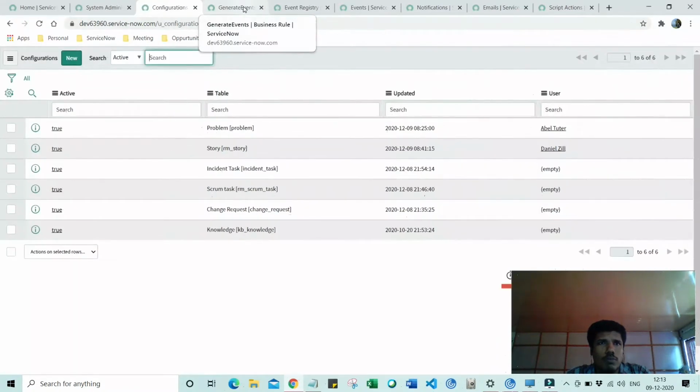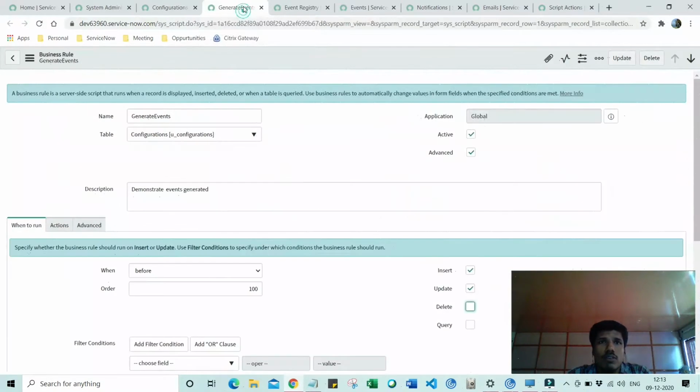Okay, so let's get into the business rule. We all know that for an event to be generated, the event has to first happen, isn't it? Something must invoke that particular event. Only user actions can invoke the event. So there should be some sort of user action which will invoke the event. Now, how do I verify the user action? It is via the business rule.